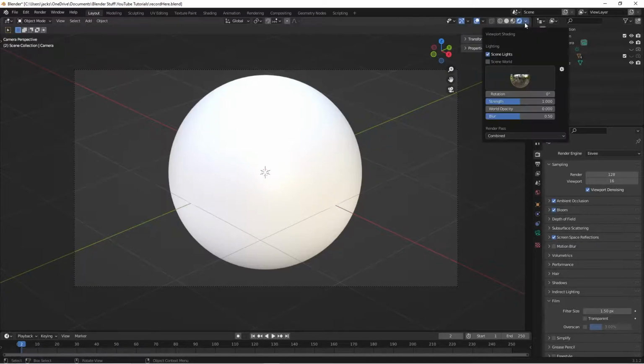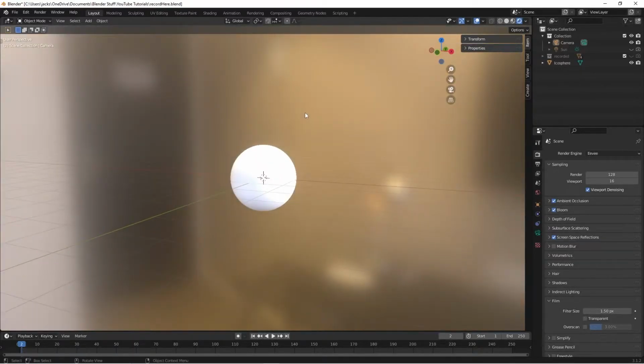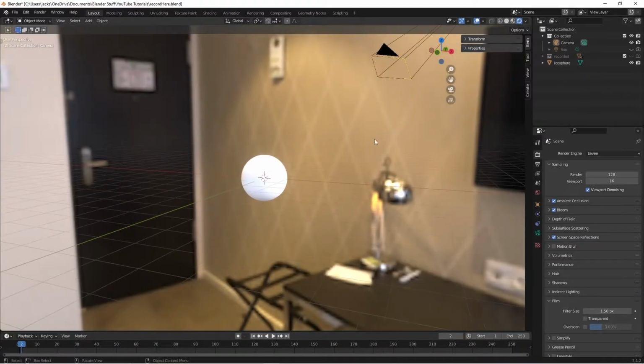And then after that, we're going to turn off scene world, and we're going to use the HDRI built in, and we're going to be using an indoor one for this one. We'll be using this kitchen one here. So if I turn up the world opacity and turn down the blur, we can see that this is an